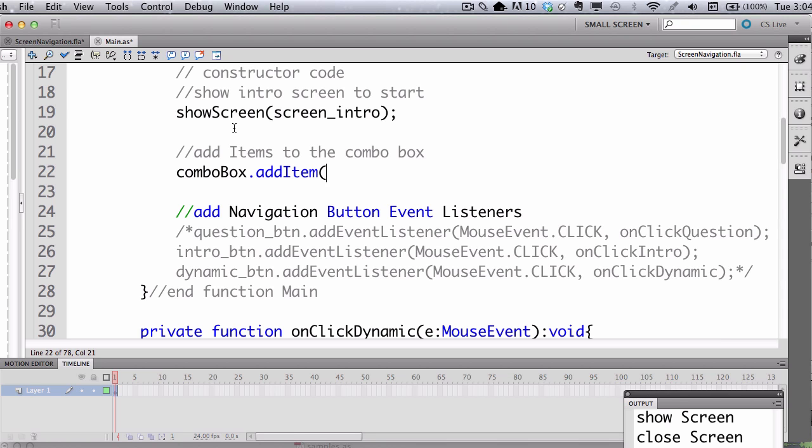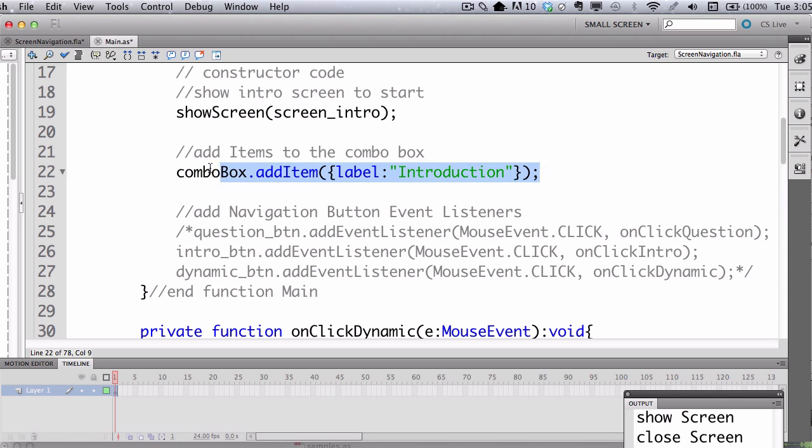And then when we're adding our item here, we need to add it as an object. And so there's actually a shorthand way to make an object. Instead of having to make a variable that's type object and giving it properties, we can use the curly braces. Much like the shorthand way of making an array, we can use the square brackets. Then we're going to give it property : value, like this. So the property we need is label, and the value is going to be whatever values we want to show in the combo box. So I'm going to do introduction as 1,